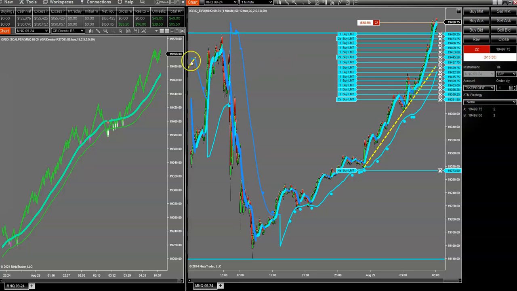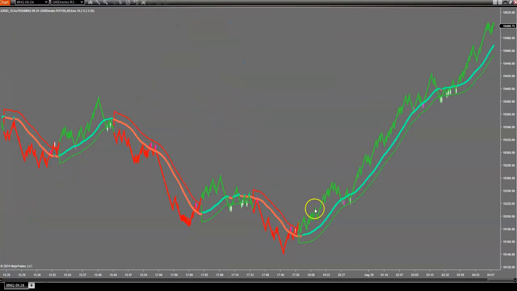Now I do want to show you the main reason I'm shooting this video too. I want to show you the scalper. I've been really starting to get it pretty dialed in. You can see about 5:55 U.S. Central Time or Chicago time. Just a little bit after that, we've been long the entire time since then.